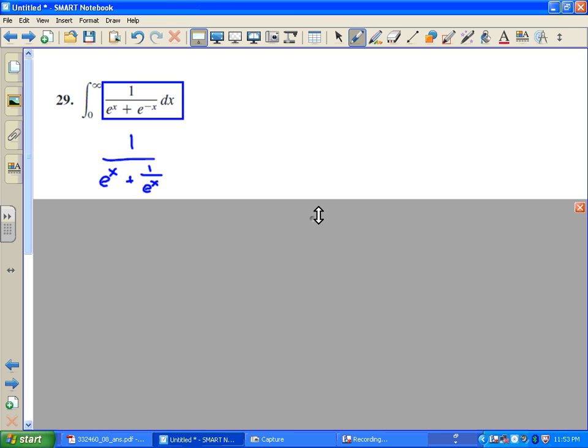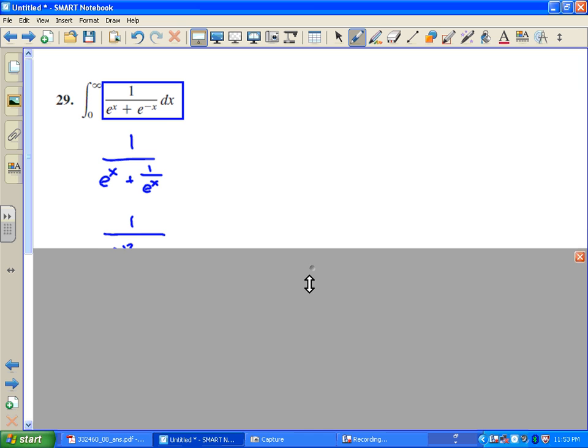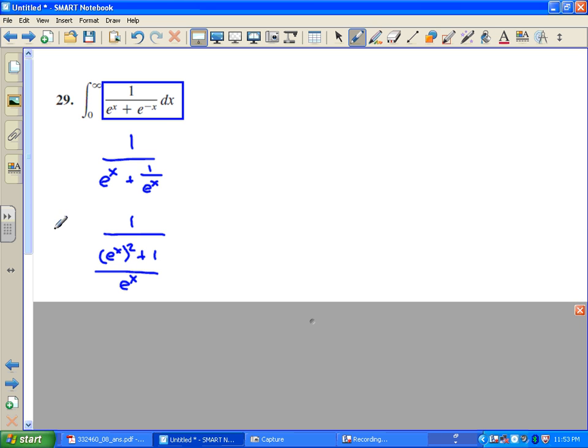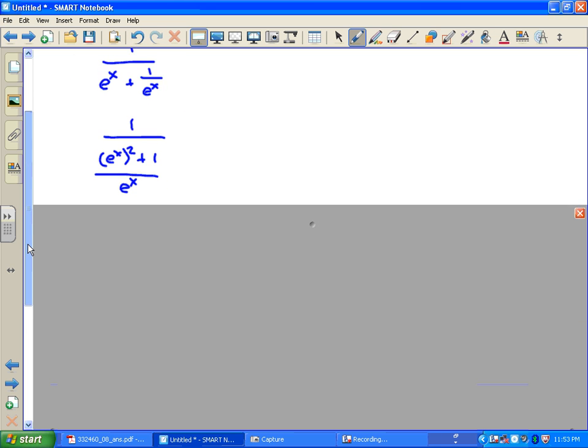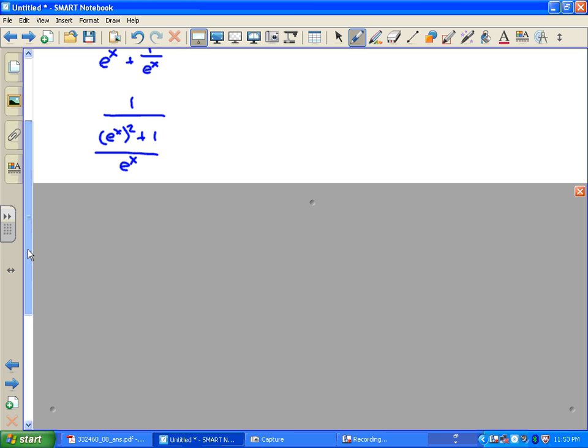Okay? Now if that's helped you, you can pause it and finish it up. Now, pause. If not, we'll keep going. The next step is this. Notice we just have common denominators on the bottom. Then the next step is